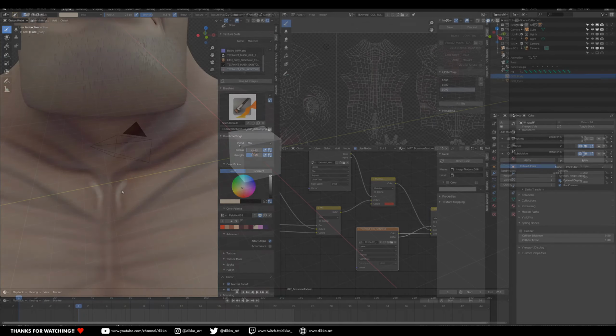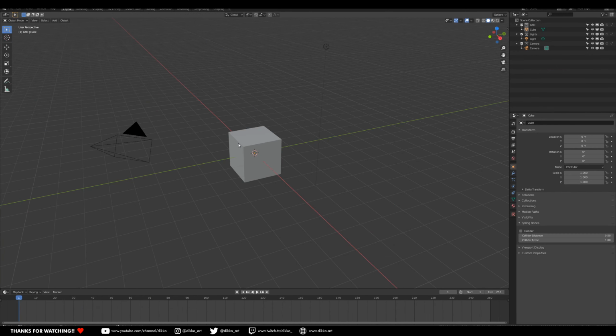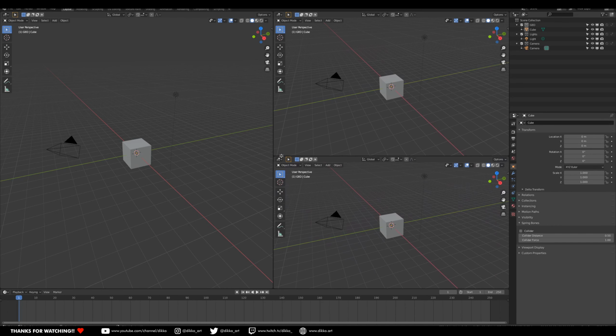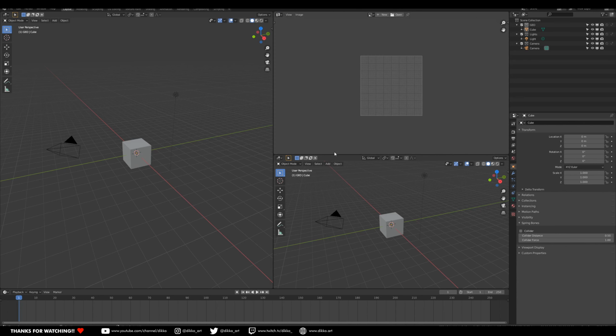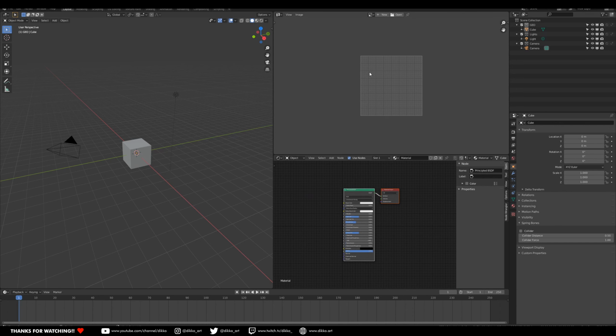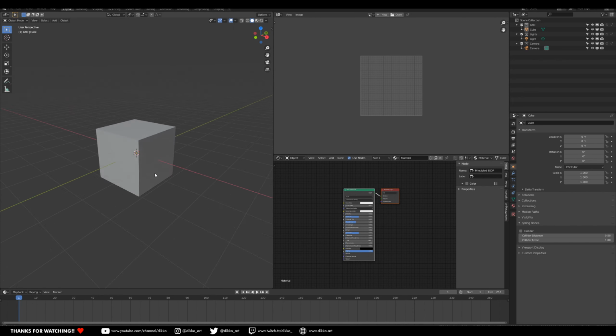Alright, I want to kick off this tutorial with a simple example of what we're going to do with our model. So let's set up the layout here. I want to split this screen into 3 quadrants. Well, not quadrants, 3 areas. And I want to show you the UV editor. I want to bring up the shader editor. And I want to have these things visible at all times. So I want to show you what's going on here. Actually, make that the